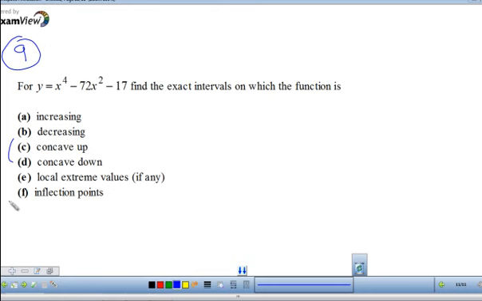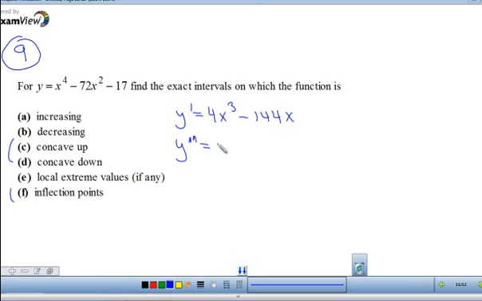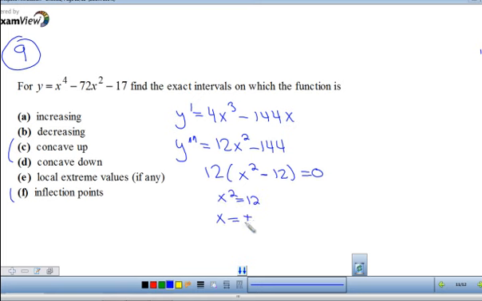Find what is concave down and up in points of inflection. We're going to find the second derivative. Okay, so the first derivative was 4x to the third minus 144x. So the second derivative would be 12x squared minus 144. So I can factor out a 12. So I'm going to have x squared equals 12, or x equals plus or minus the square root of